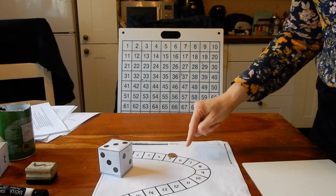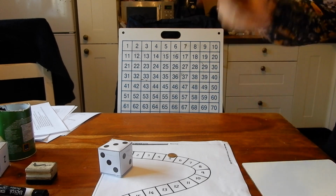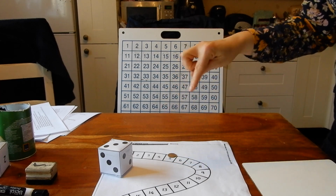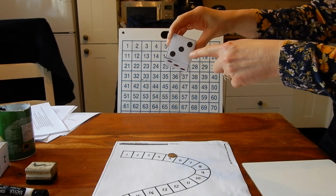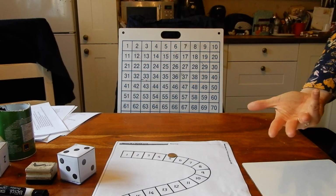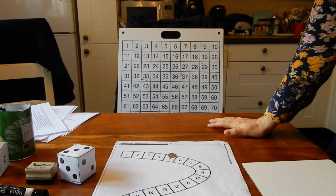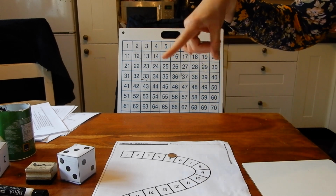Now, before I jump 3 with my penny on the number line in front of me, I'm going to think first of all, what is 5 add 3? What is the 5 I've started on? Add the 3 that I've rolled on my die. What answer will I get? It's the same as our adding with our pennies. 5 add 3. So I've got to think. I think my penny is going to land on